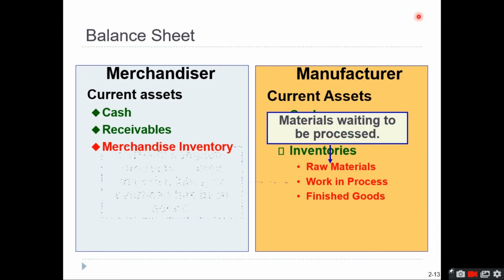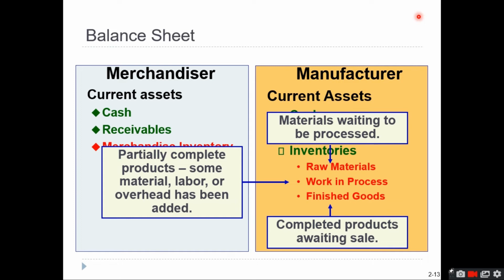So if we try to get the main idea of the different classifications of inventory, we all know that raw materials pertain to the direct materials or indirect materials that are waiting in our warehouse for them to be part of the processing of our main inventory later on. Your work in process are inventories that are not yet finished, or partially completed, and of course your finished goods are those that are already completed and are ready for sale.